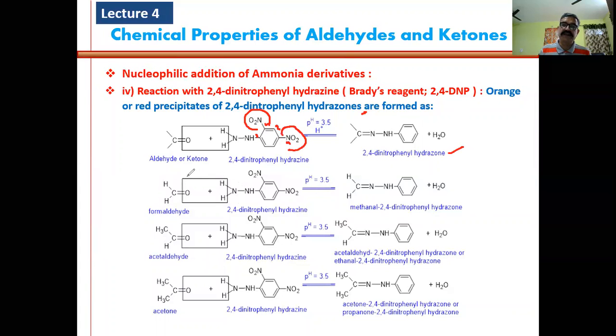Reactions are the same. Formaldehyde, loss of water, gives methanal 2,4-dinitrophenyl hydrazone. Acetaldehyde gives ethanal 2,4-dinitrophenyl hydrazone. Acetone gives propanone 2,4-dinitrophenyl hydrazone. Orange or red precipitates of 2,4-DNP hydrazones are formed in this reaction. Similarly,